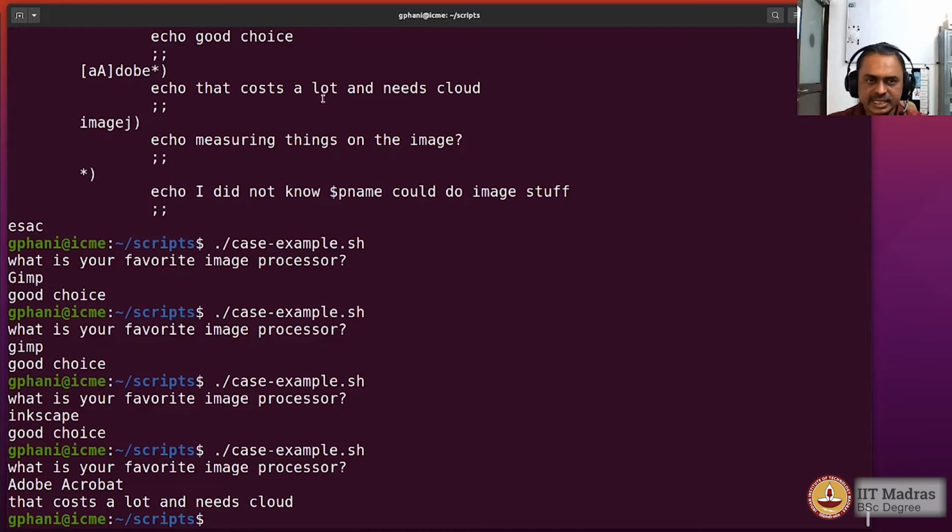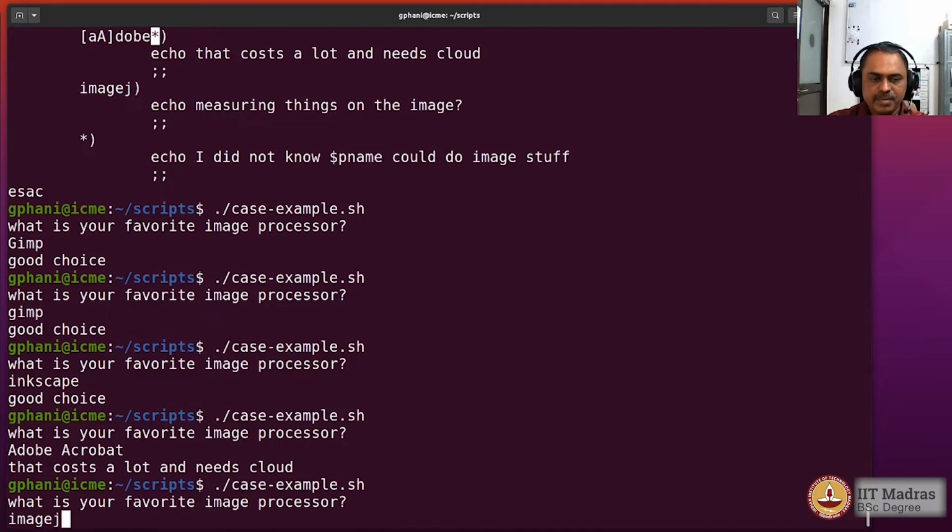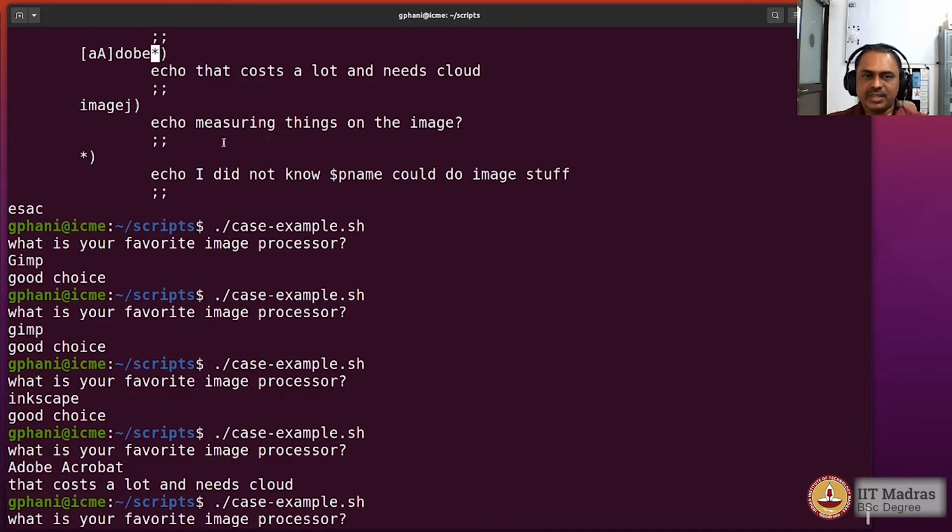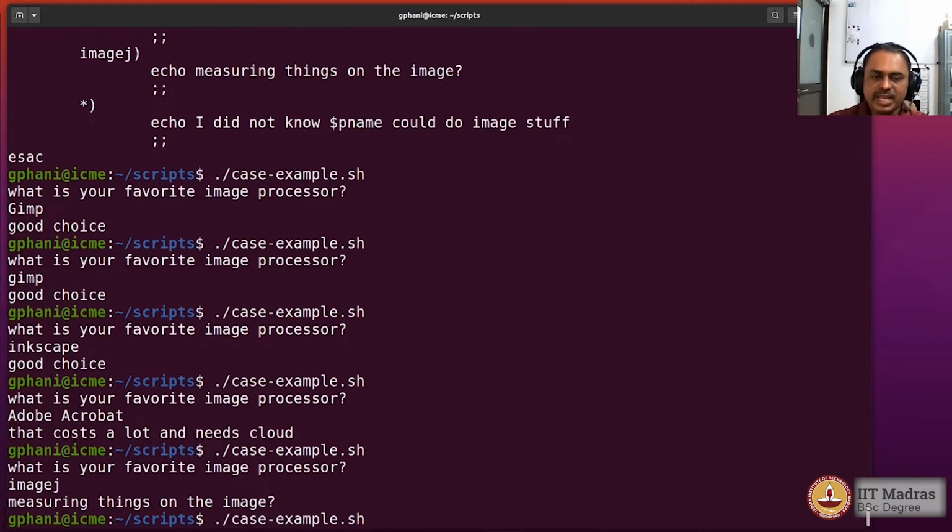There's a star here, if you notice, which means that I can give an option that is slightly longer than what I have listed in the script. And if I give ImageJ, then it is giving the fourth option. Now if I say ImageJ